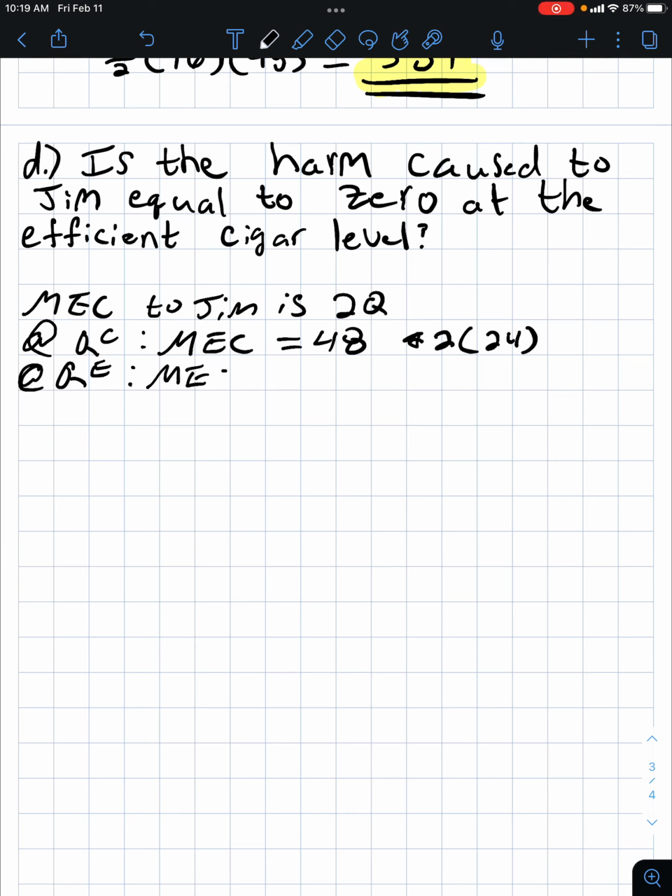And at the efficient equilibrium quantity, his marginal external cost is equal to 16, and this is 2 times 8. So from the competitive to the efficient equilibrium, his marginal external cost decreases by 32,